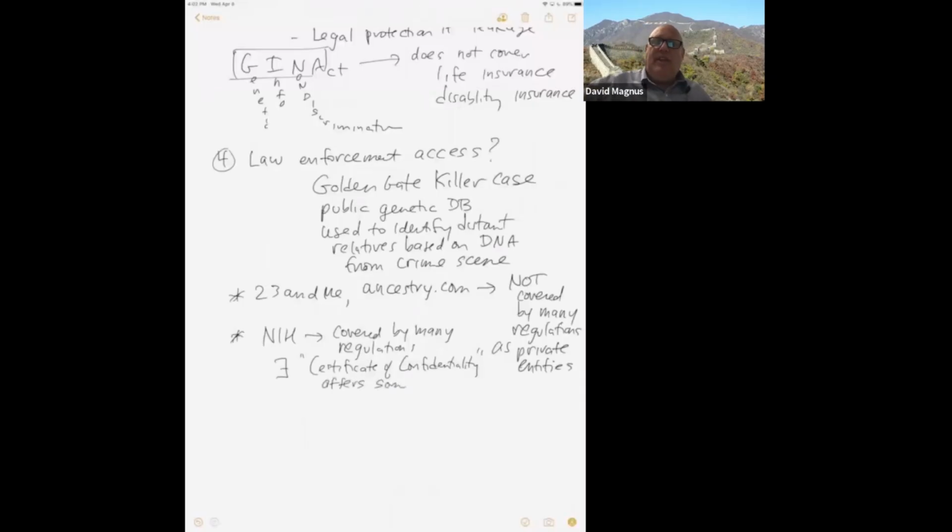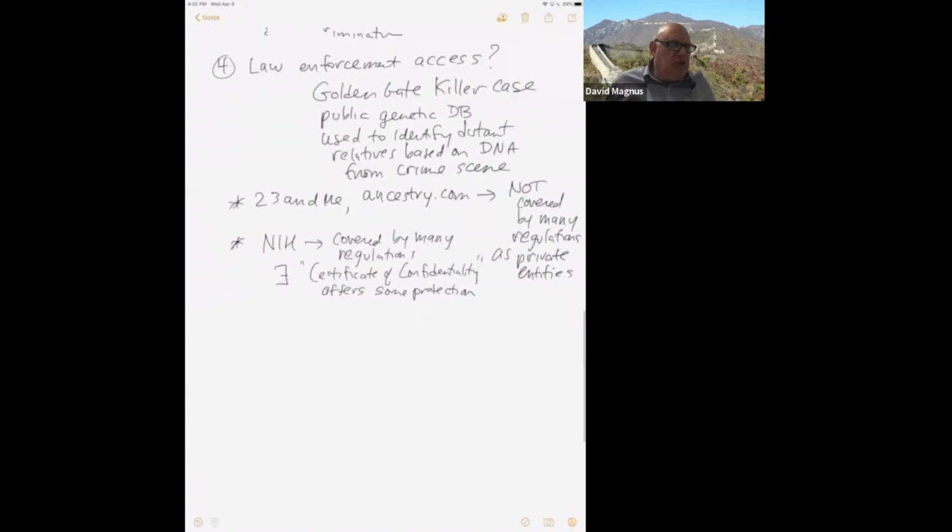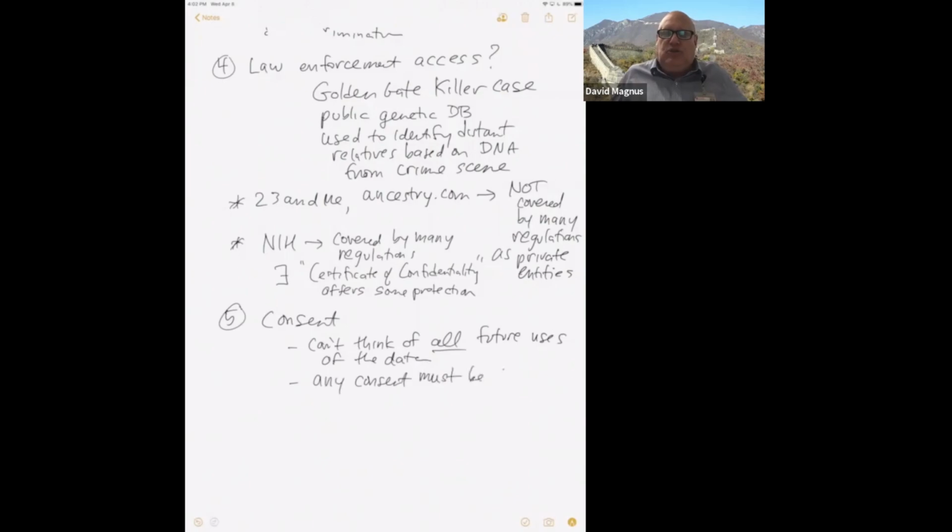And then I want to end with one last set of considerations and go back to what we started with on this video, which is consent. I want to just highlight again that future uses can't always be anticipated at the time, right? What can we say we are going to do with the All of Us research program data when we collect it? What's that data going to be used for? Who knows? We hope lots of cool stuff, but it's hard to anticipate. So the result of that is that any consent that's obtained has to be incredibly broad, and just basically say it's for a research repository for researchers to do stuff.